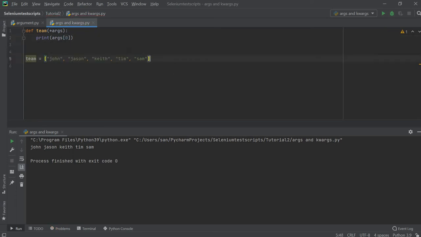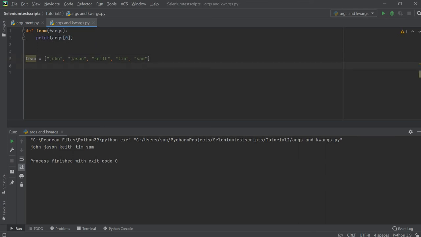This list contains these values, and we are trying to access all these values one by one. Asterisk means all the values will be accessed, whatever you mention inside the call, and I'm going to print the first value, the 0th index, the John value.